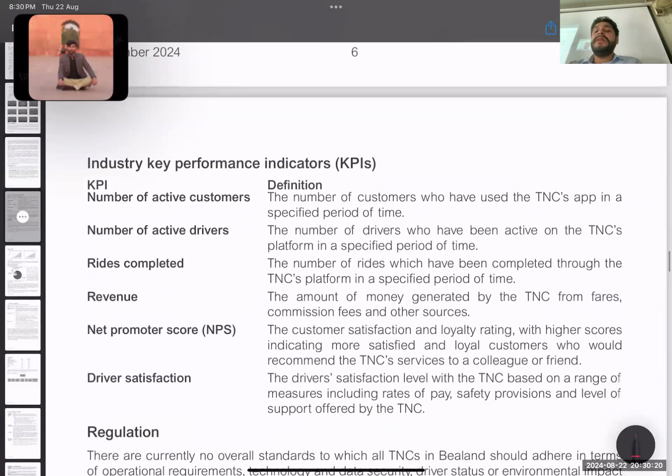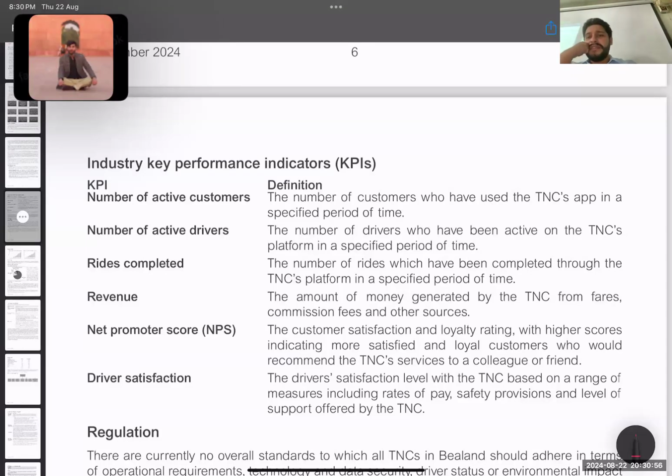Key performance indicators. The first key performance indicator is the number of active customers. These are the performance indicators on the basis of which we are going to have a competitive analysis. I'm getting a point about why he is giving us this information: they might give you similar information in a specific exhibit relating to one of the customers. He may ask you to evaluate both these key performance indicators of these two industries and identify how we can prove ourselves to be more beneficial for the company and for the overall